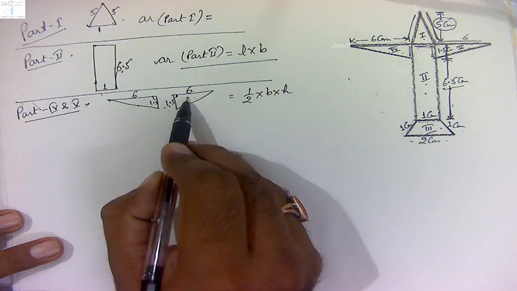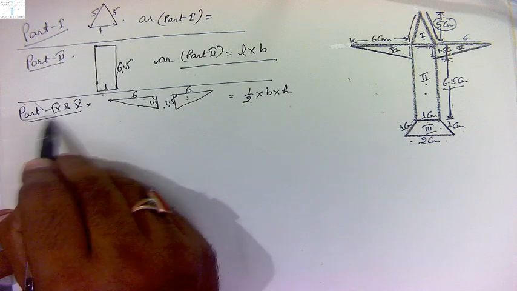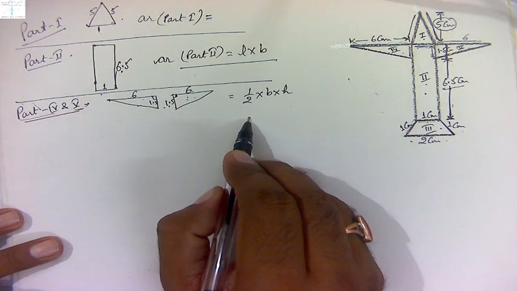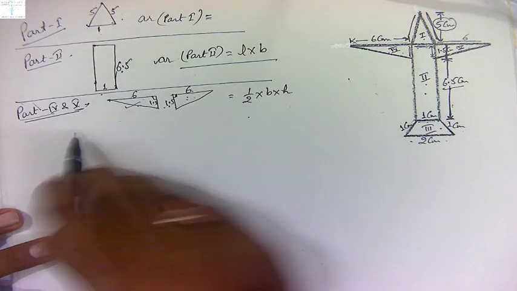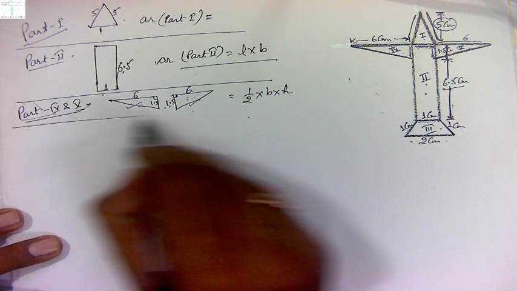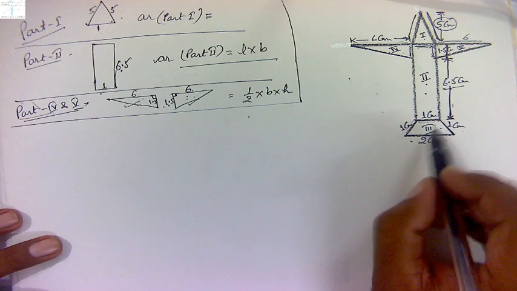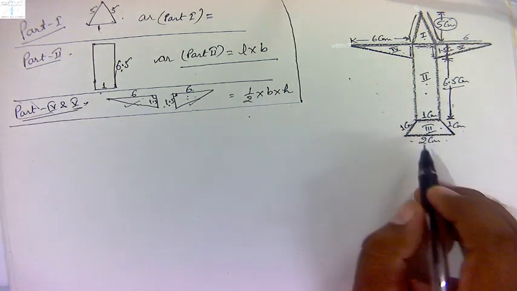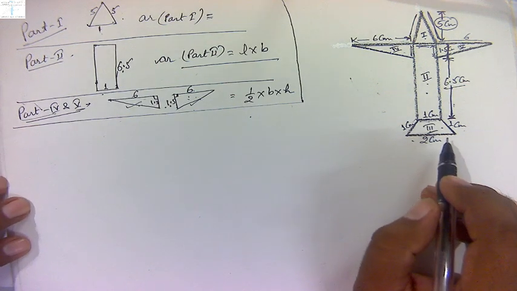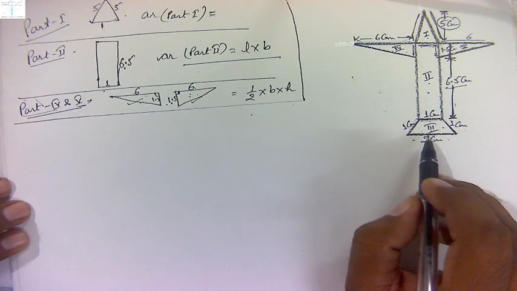Both are identical in shape, both are with the same dimension, they are congruent to each other. So the area of fourth part and the area of fifth part both will be equal. So whatever the area of one triangle you are going to calculate, that will be the same for the second also. So these were about the 4 parts which are there. Now the main part which is there, that is your third part. Now this you will have to understand it clearly, what it is and how to find the area of this. So as you can see here, it is a trapezium.